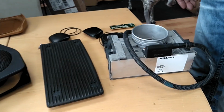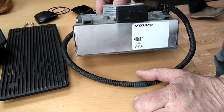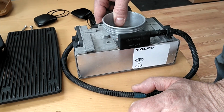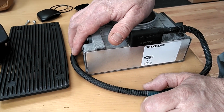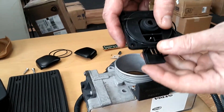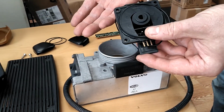What else you got over here? We have many requests for the throttle bodies. Throttle bodies have a certain level of failure, the magnetic Morelli type. So the failure, as you mentioned in some of your videos, is in the contacts. It gets worn out. Potentiometer, I think they call it. Potentiometer, right. So we have a contactless one. Do you sell this separately? People could buy it from us,